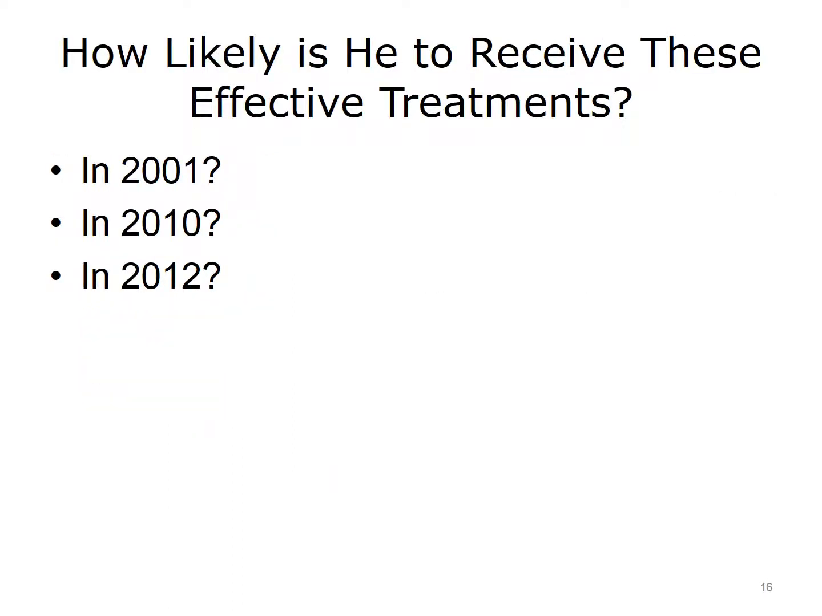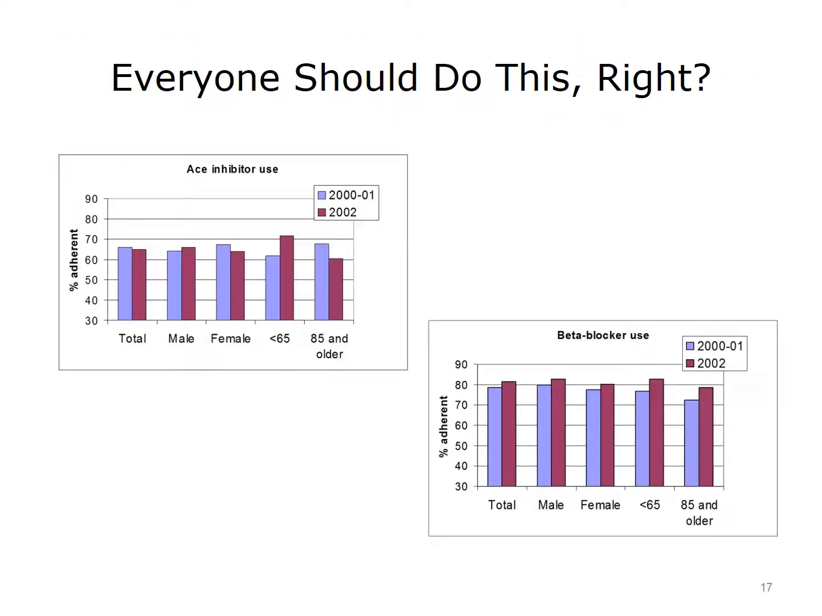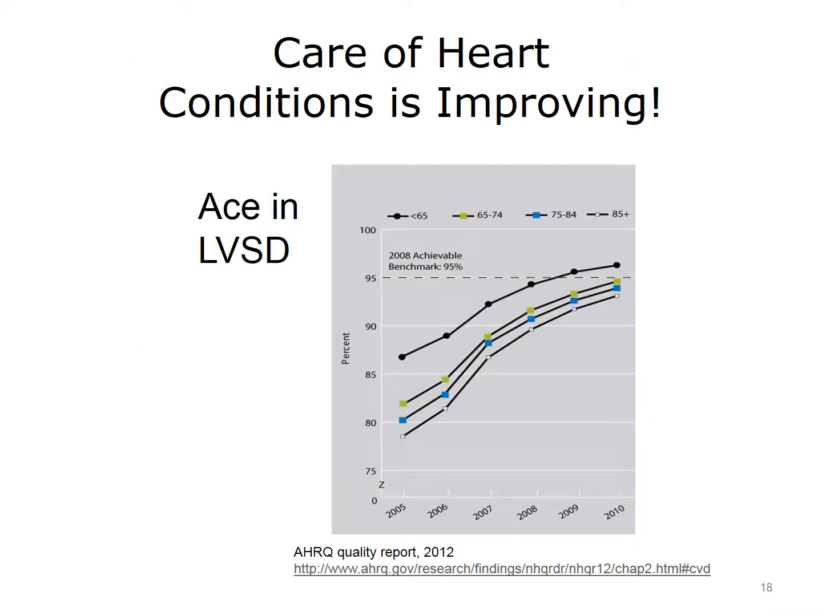Now, pause and think to yourself, how often would a patient like Mr. Smythe receive these treatments in 2001? How about more recently, in 2010? Or 2012? 100% of the time? 95% of the time? Perhaps 80%? In 2001, the answer is just a bit less than 2/3 of the time, 65% for ACE inhibitor use and 80% for beta blocker use. We've seen significant improvements over time,